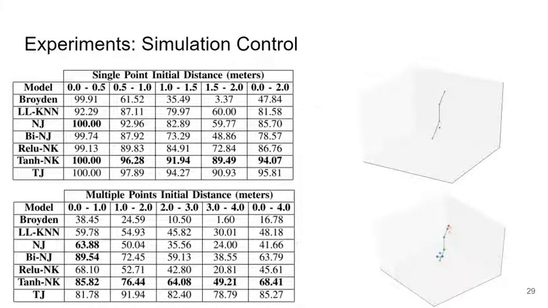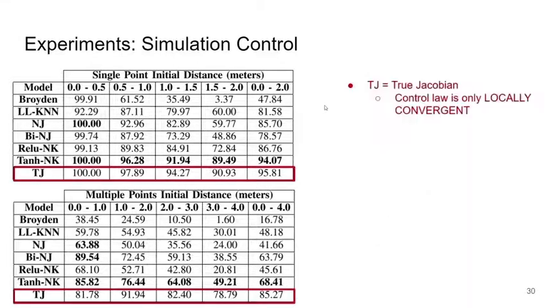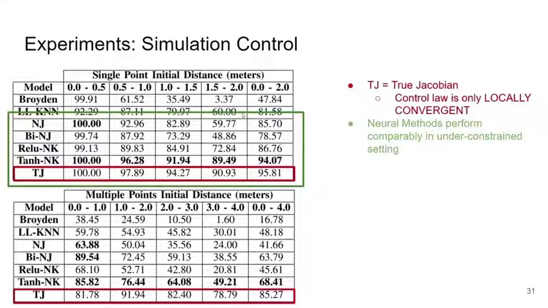Here is our table from our paper, which is the percentage of successful reaches based on some threshold criteria in the allotted time that we gave each trajectory over increasing distances. Something important to note is TJ at the bottom is for using the true Jacobian, and the control law that we use is only guaranteed to be locally convergent, and as you can see, even the true Jacobian doesn't always successfully work. The next notable thing in our single point case is that all our neural methods compare comparably